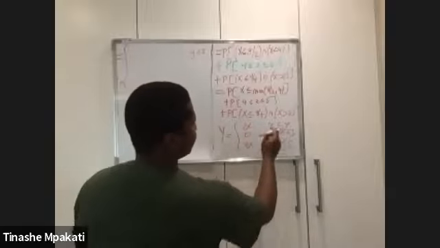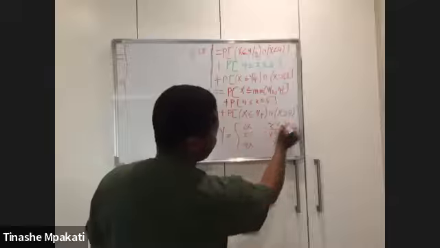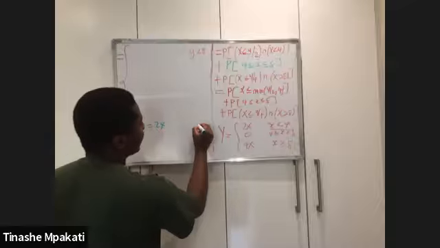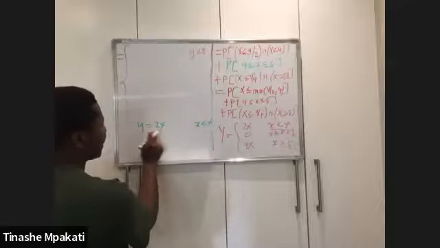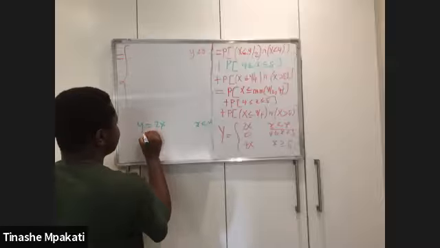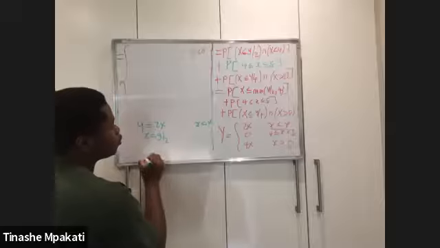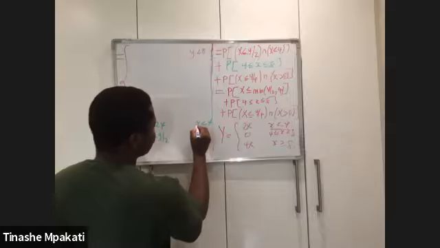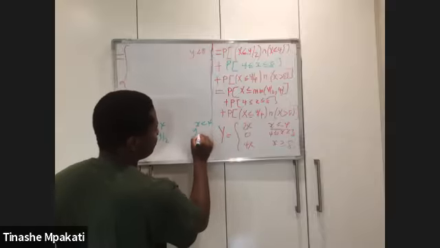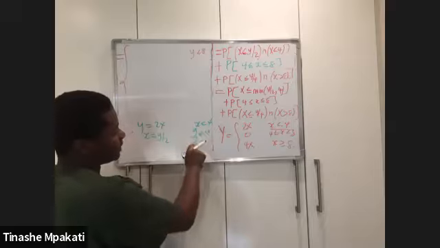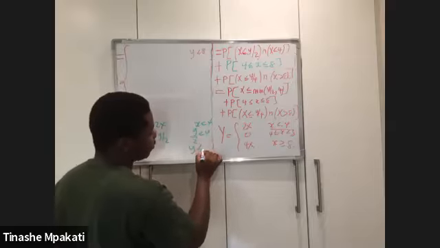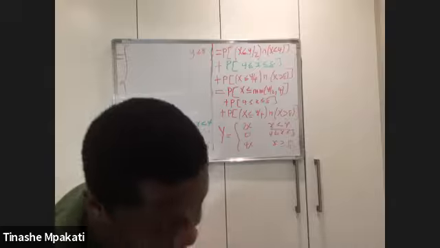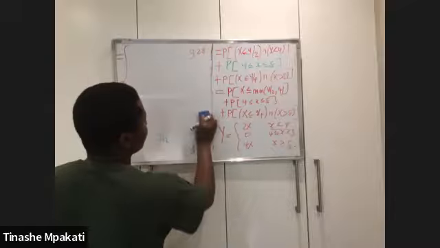How? In this manner. Remember, this is telling us that when X is less than 4, our Y is equal to 2X, right? So Y was equal to 2X when X was less than 4. If I were to make X the subject of the formula here, this simply means that X is equal to Y over 2. So instead of writing that X is less than 4 on this interval, I will substitute this X with my Y over 2 being less than 4. And if I were to multiply by 2, this means what I have here is Y being less than 8. Hence, I have my Y being less than 8 there. Okay? Now we go to the next interval.